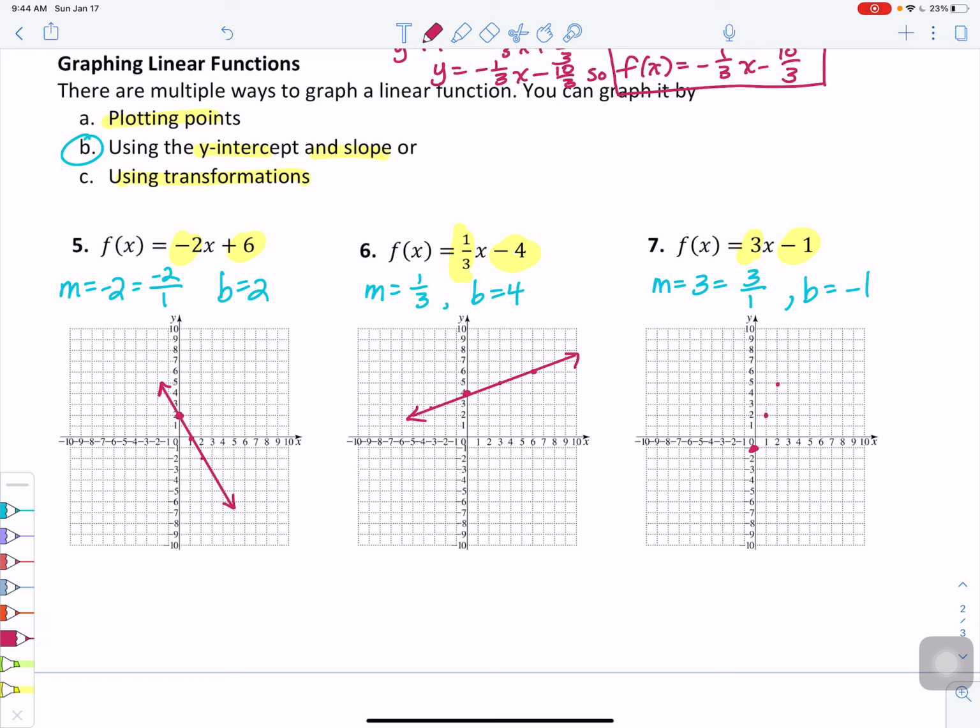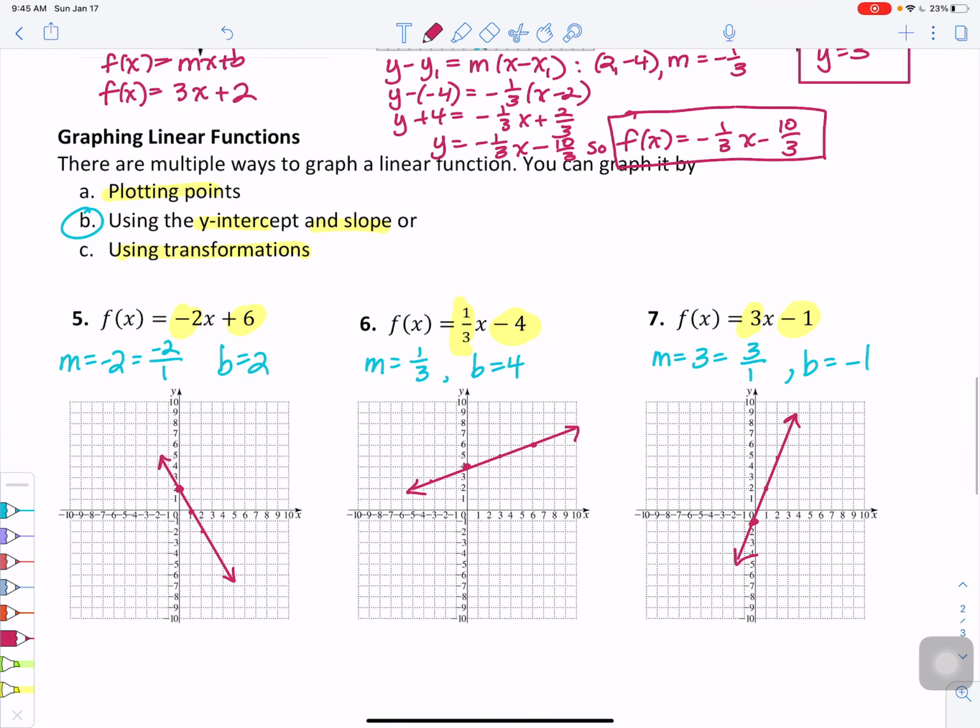That's a pretty steep graph. You can see I did that right, it has a slope like that. Not exact, but pretty good. And that concludes section